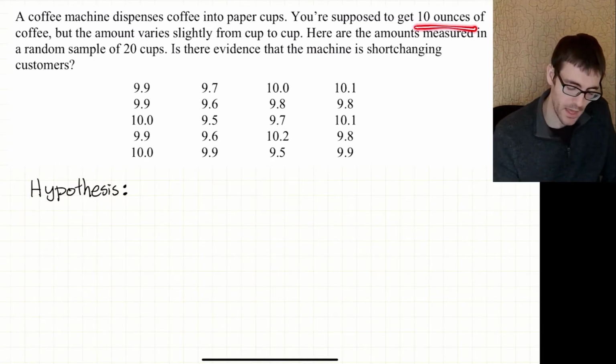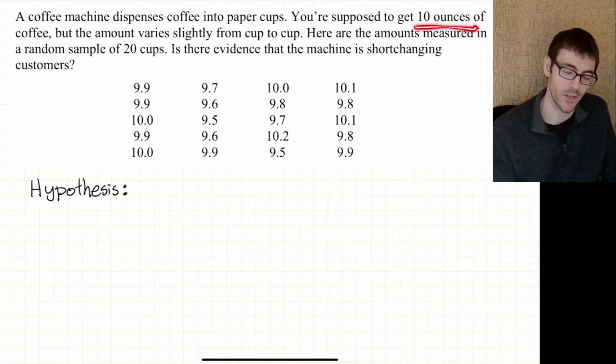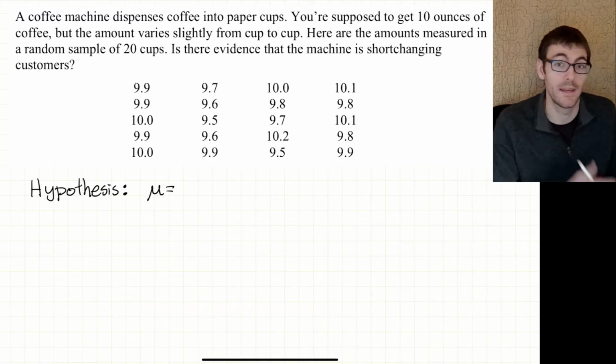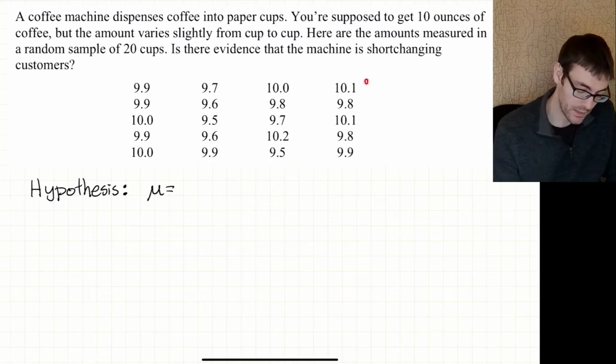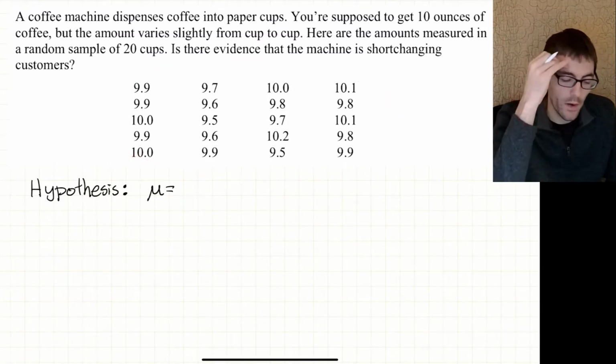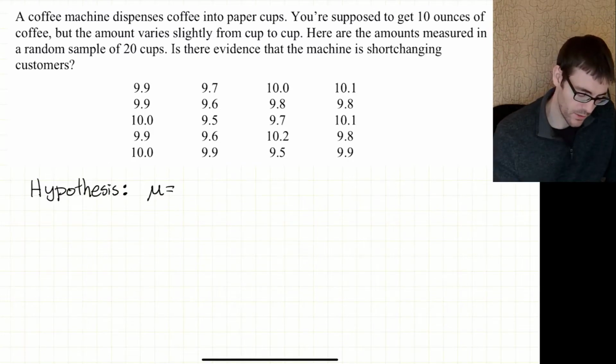Because we're dealing with a quantitative variable, we're measuring ounces of coffee, we want to be talking about mu. So mu is the population mean. I'm drawing the distinction between mu and x bar. X bar we can calculate from the sample,